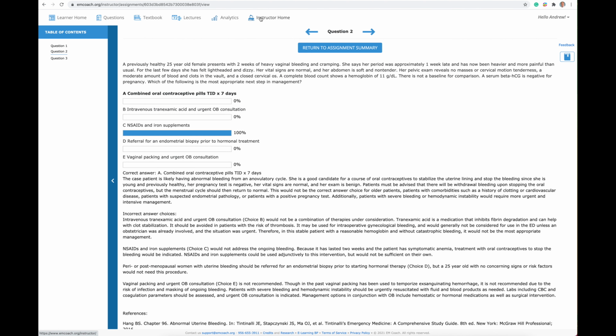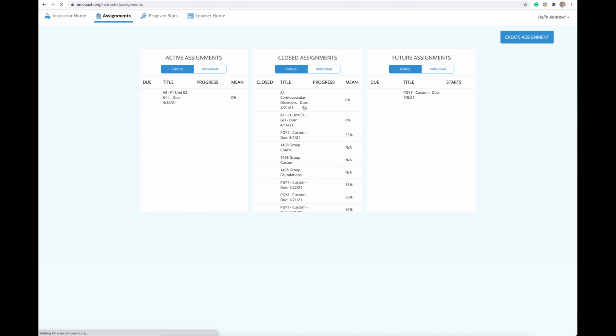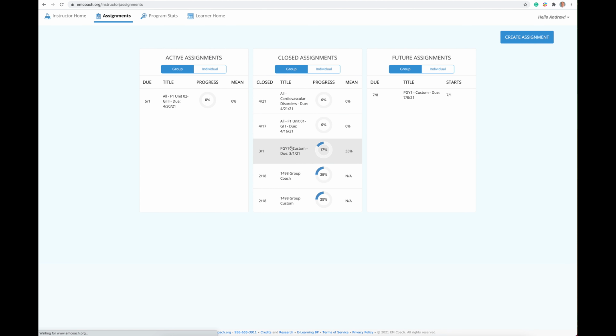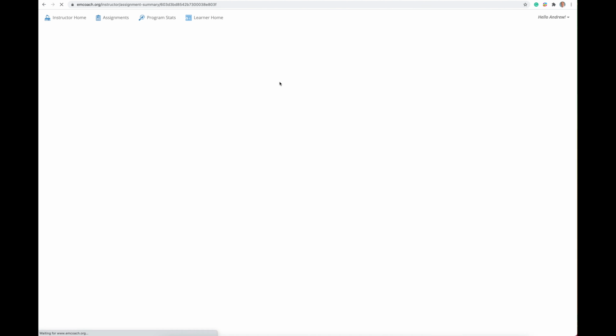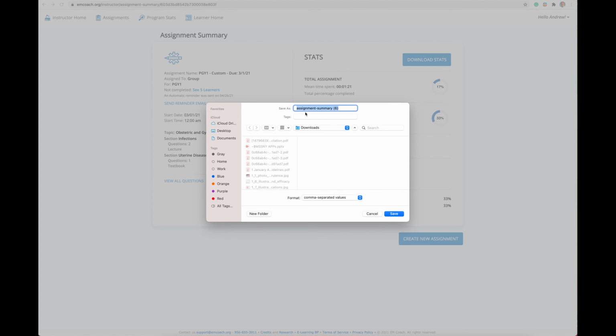So those are the major features of EM Coach, particularly the 3 different assignment methods. The AI, the Foundations coordination that we have really makes it easy for you, and the custom build. One thing I didn't mention, let me go back to looking at the assignments. So after an assignment's done, actually even during it, but it's particularly relevant after an assignment is complete. So here are the closed assignments. You can download your stats. You can see all this information about what they did. So this is the overview, but if you download your assignment summary,